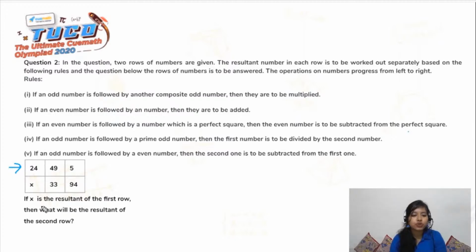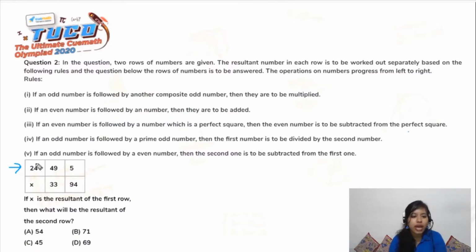And we are supposed to calculate what will be the result of the second row. So let me just put on the options quickly. Here go our options and let's check this out. So we are going to go ahead in this order. So we have 24, 49. Okay. So let's start from 24 and 49